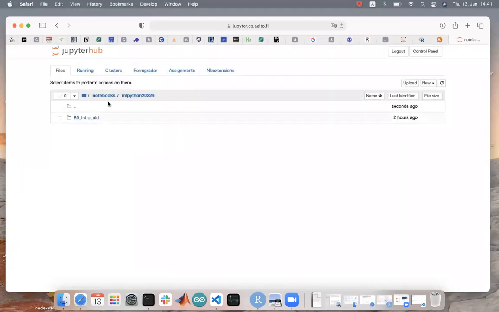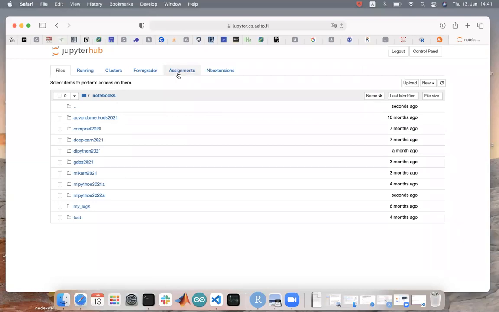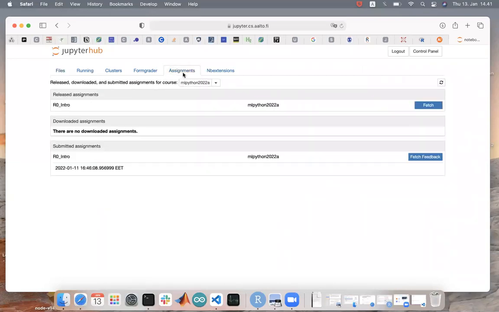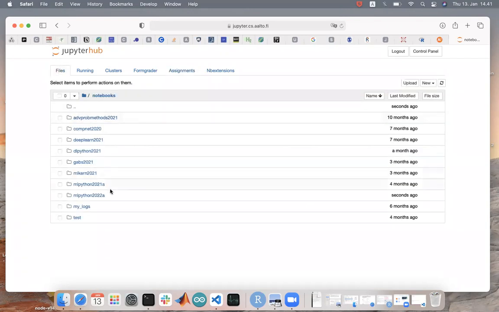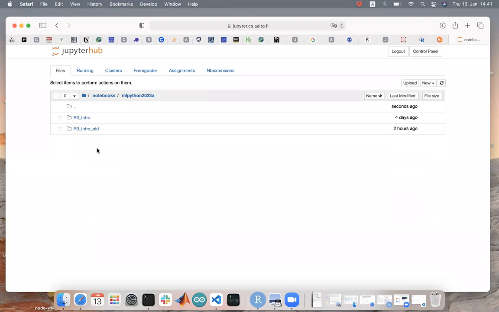So we renamed our folder. Then we go to assignments, and here I have the released assignments that I can fetch. So I press fetch, I go back and check my directory, and see that there is a fresh copy of this notebook.